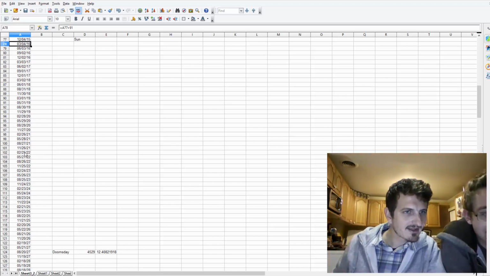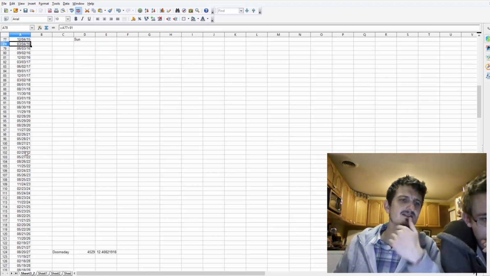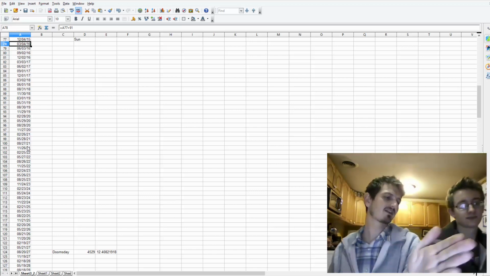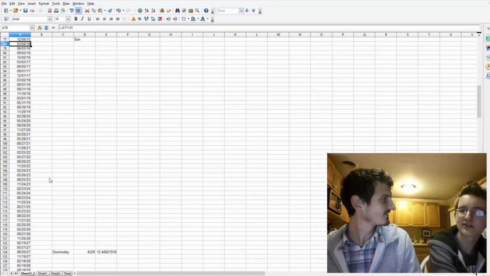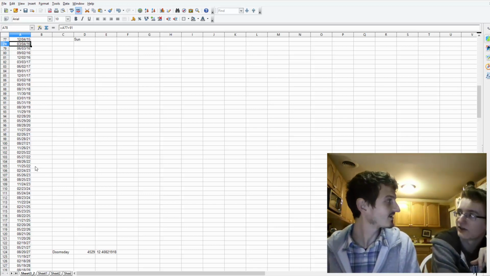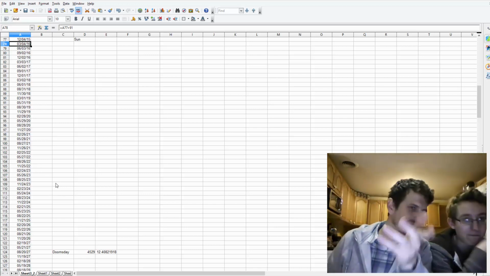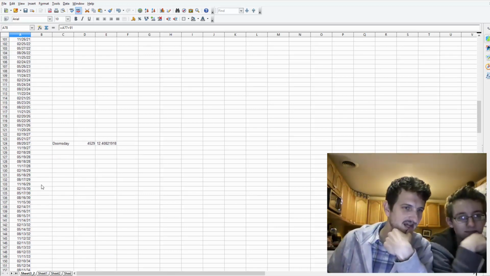So you can see how they just start trickling down, which is kind of interesting because if you think about it, my birthday was on a Friday last year. This year it's on a Thursday. No, I think actually it's on a Saturday. It's the day after. Oh, it keeps going up? Well, okay, I was wrong. My birthday was not then.